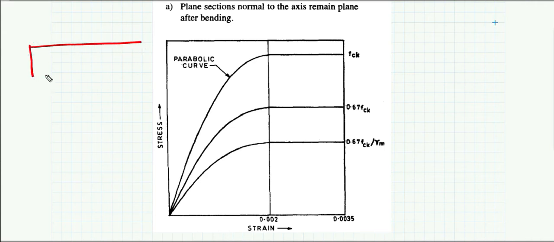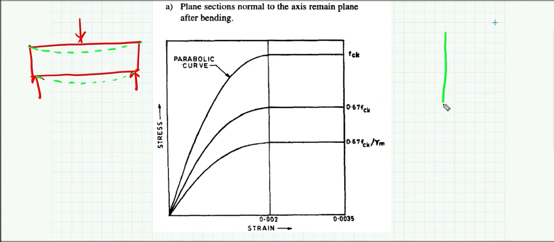Suppose you have a small beam over here which is simply supported and a load is there. Upon increasing the loading, the beam is going to start deflecting, as well as the stresses will change, right? Suppose initially, when you first apply the load on the beam, the stress will be linear because it is in the linear range.